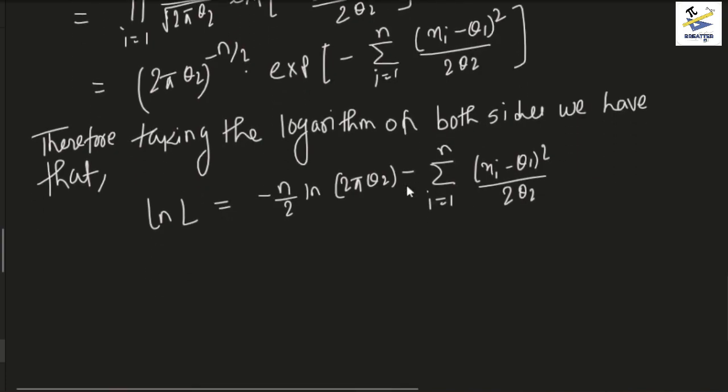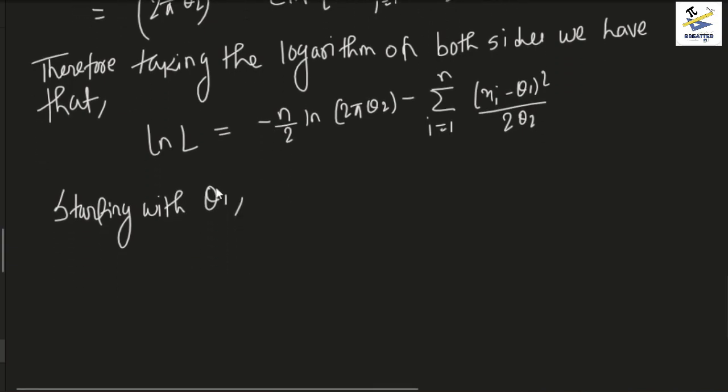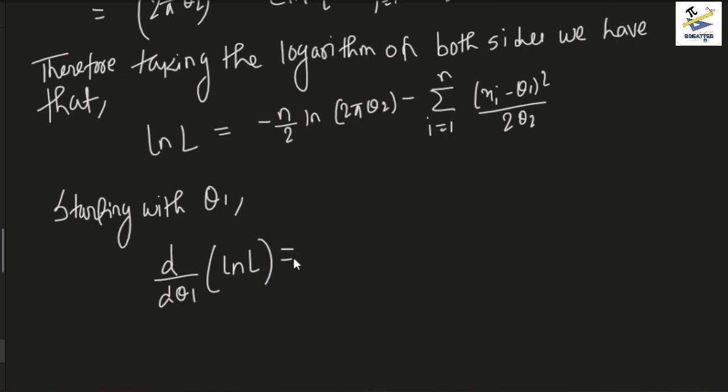Right. Now to find the maximum likelihood expressions for theta 1 and theta 2, we need to do them one by one. So let us start with theta 1. Starting with theta 1, we have, and obviously all the derivative formulas and integration would be required here, so that would be embedded with this video for your needs. This would be 0, while this would be 2 times